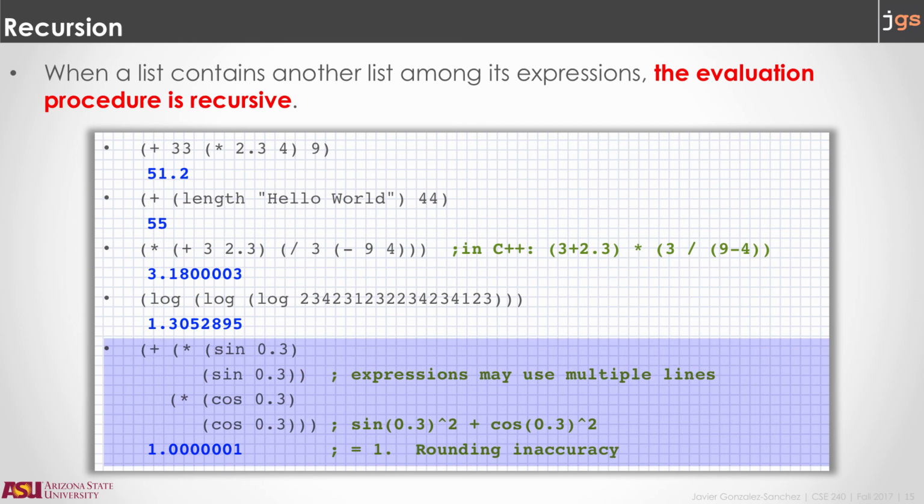One important thing to notice is that the evaluation of mathematical expressions is not perfect. Like in this example, we are playing with trigonometric functions, and even though the result should be 1, we obtain